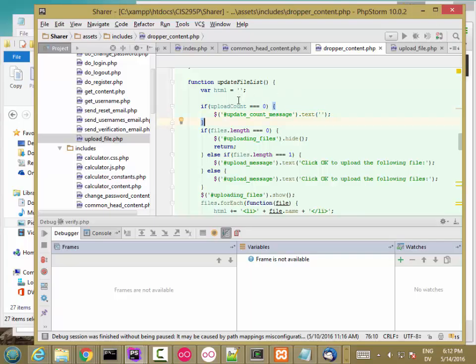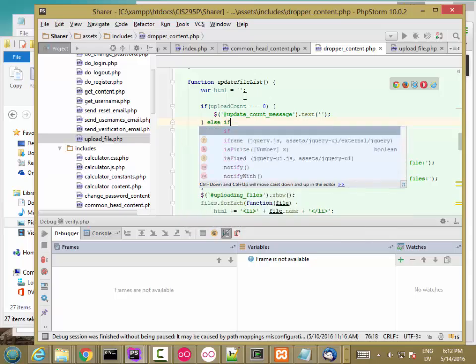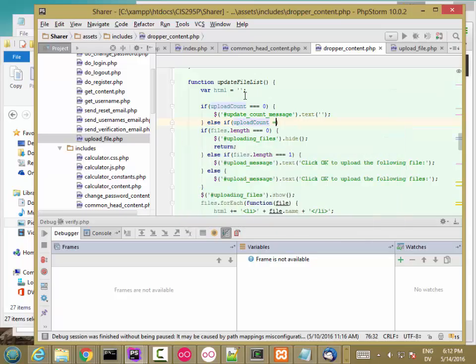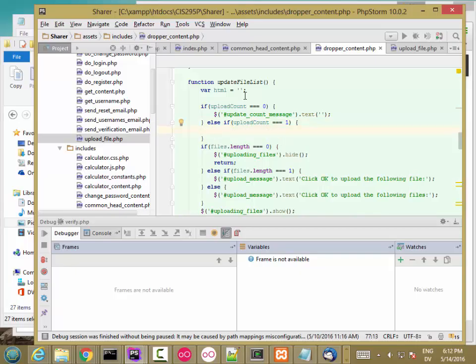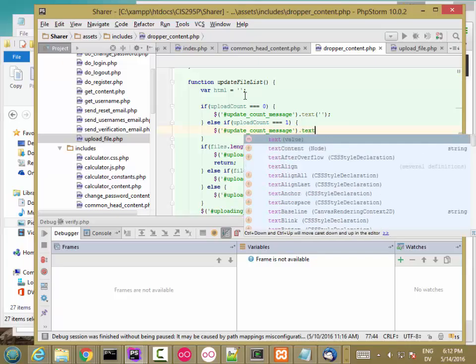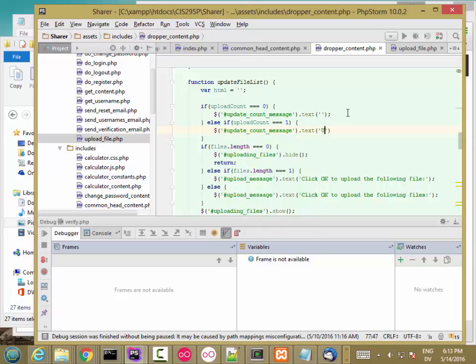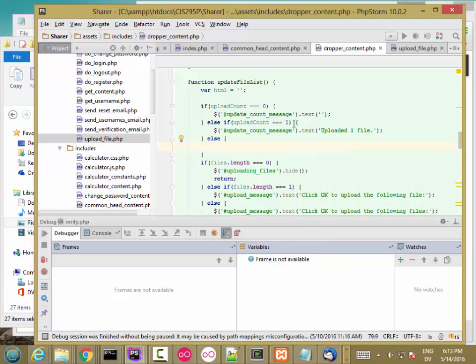So when you open the dialog, you won't see a message there at all. Else if upload count is exactly 1, then update count message is uploaded 1 file. And finally, anything else, so that's going to be more than 1,